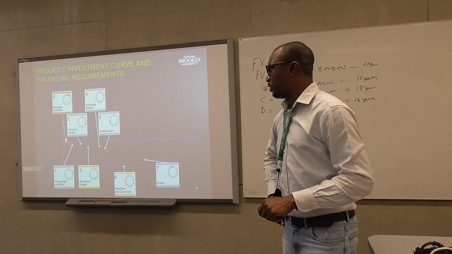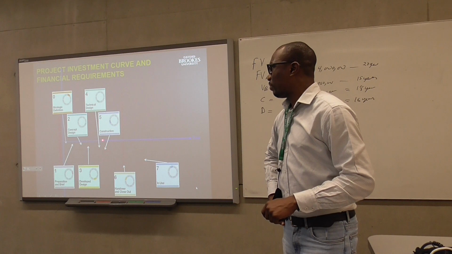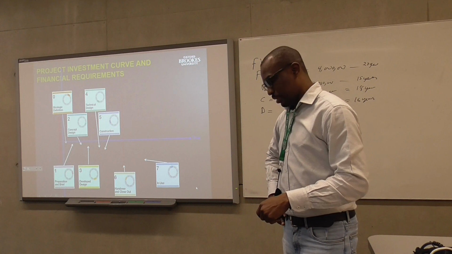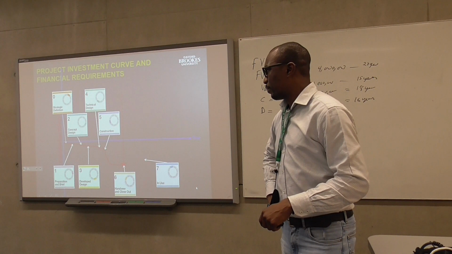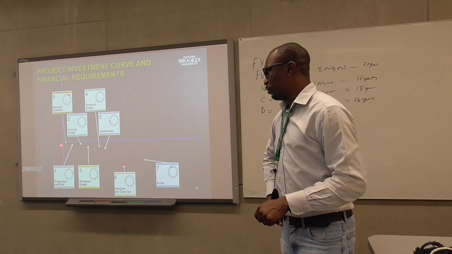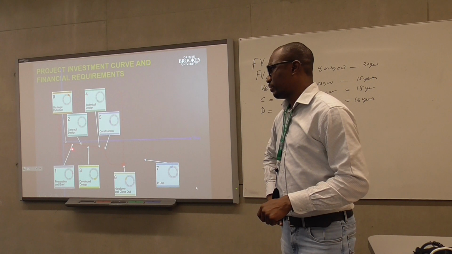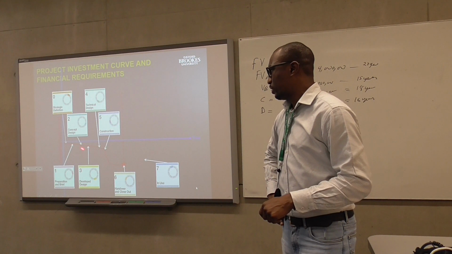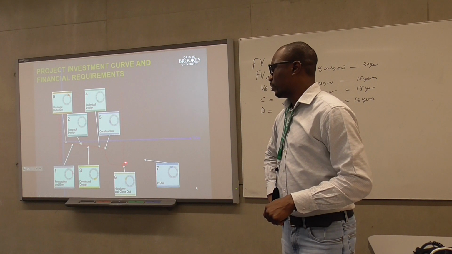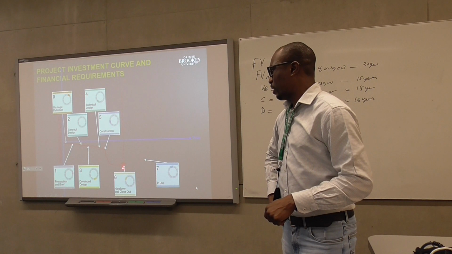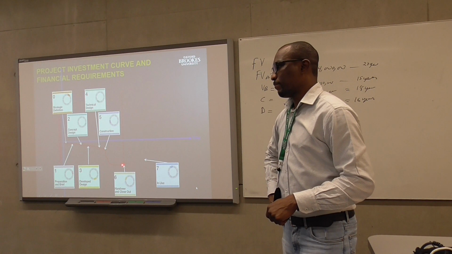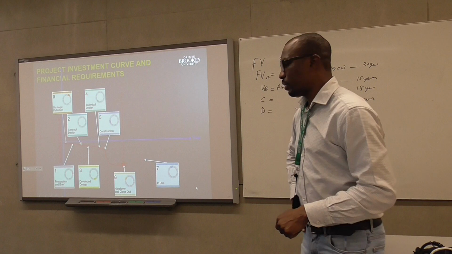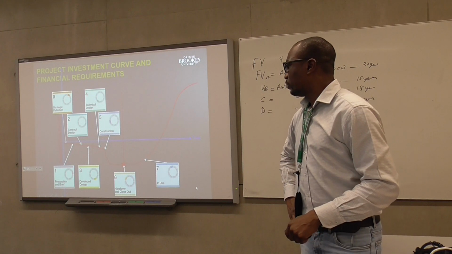So at RIBA stage 0, from the concept design all the way to construction, you're most likely spending money until you get to construction where you start receiving income. So you pay gradually to the designers, to the contractors, and your cumulative cost increases right up towards construction, completion and handover. And then once you get there, you start generating income, either through sales or through rent.